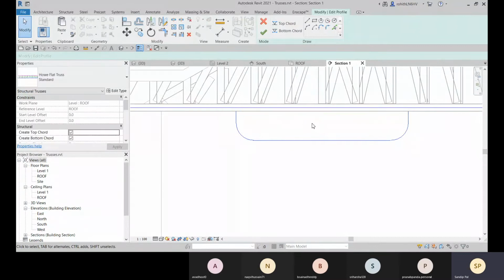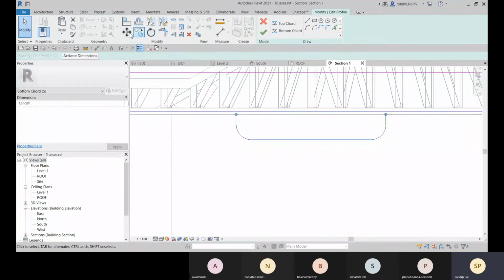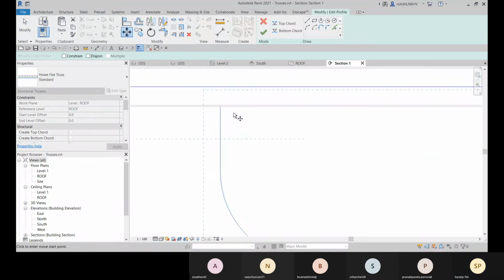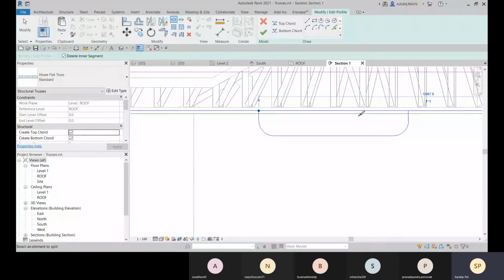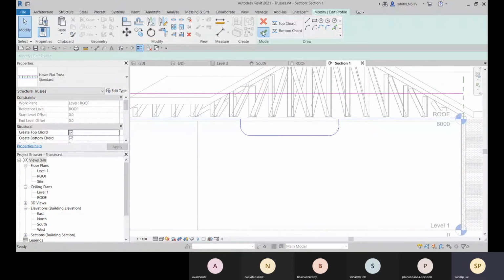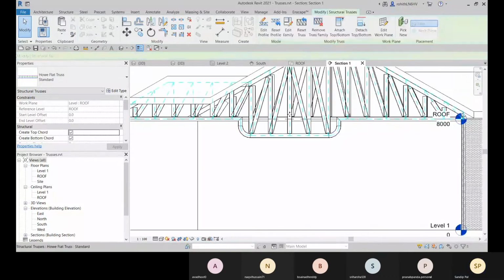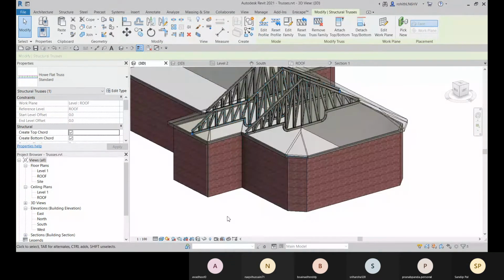This one, let me delete. And now let me select this one, go for move. I'll place it there. And then you can go for split element, split this so that you get a continuous profile. That is done, and then go for finish. Okay, so this way you can do it. All right. Yes, sir. Okay.